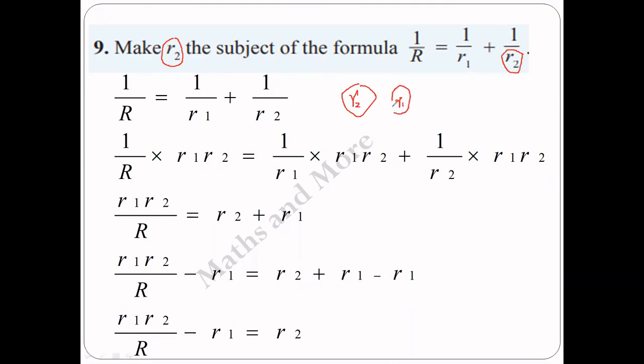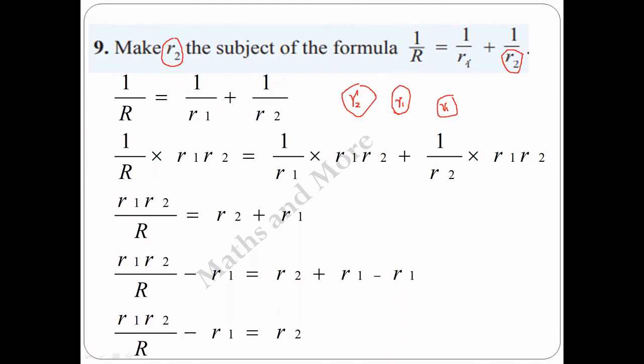If you want, you can write R3. If you want to get symbols from the same letter, you can put in small size 1, 2, 3 like that. You will learn that in grade 10. In probability lessons, we use this type of symbols. We can put 1, 2, 3, 4 on the same symbol. Then they will look like different symbols. Okay, these are two symbols.